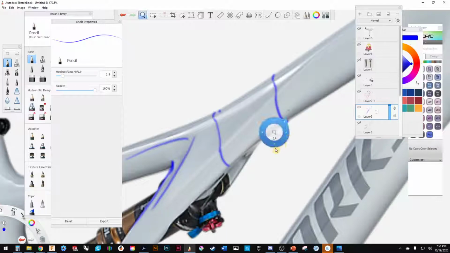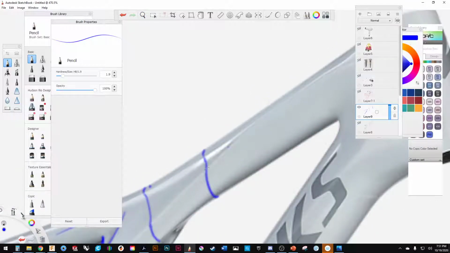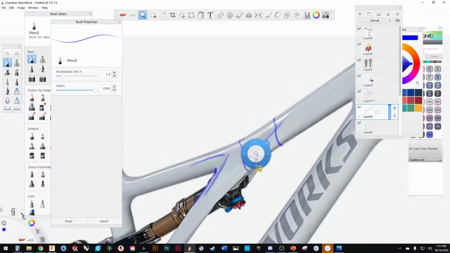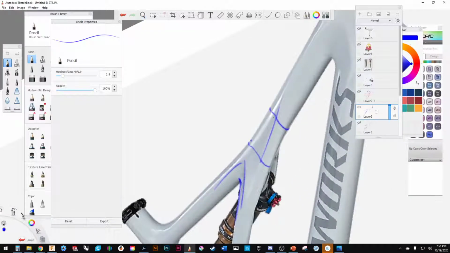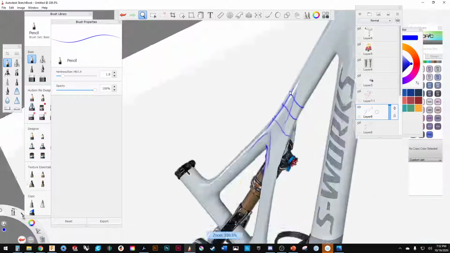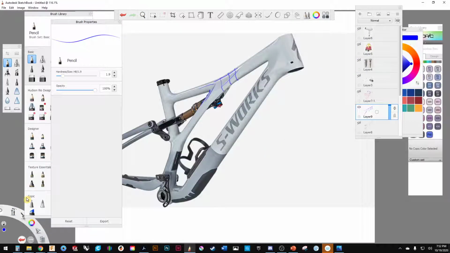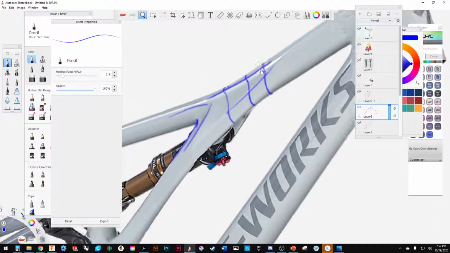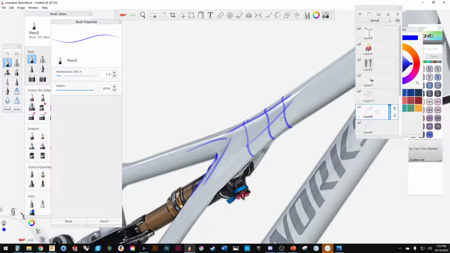I got a little bit more shadow there, so it highlights out. So you can see now, by doing this, it helps me to start understanding, okay, so this is, maybe when